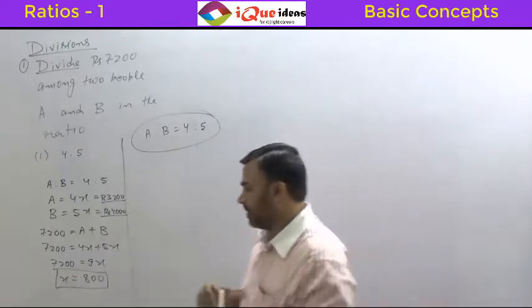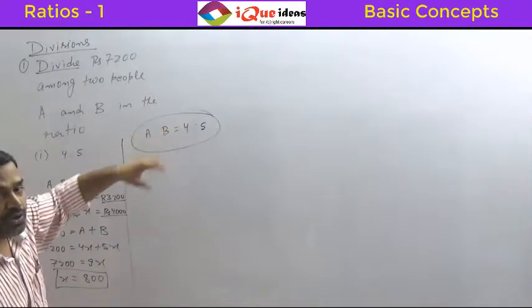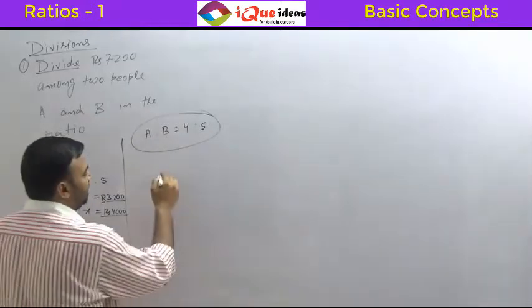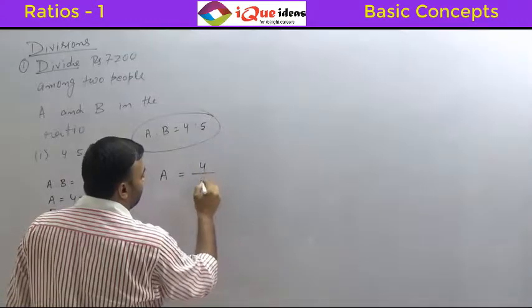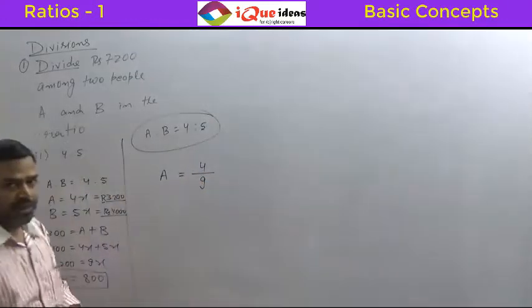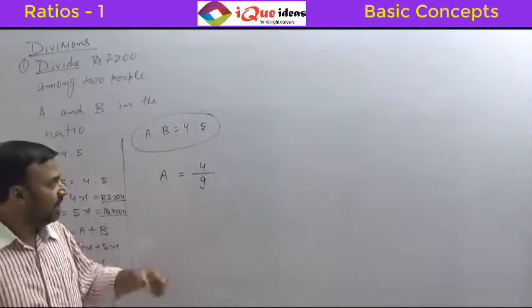Now, I'll read that statement. Out of every 9 rupees, A is getting 4 rupees. So in terms of fraction, how do we present the share of A? The share of A can be presented as 4 out of 9 parts. So what we are saying here is that we divide the whole amount into 9 parts and give 4 parts